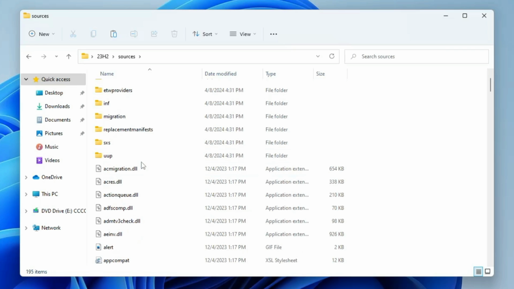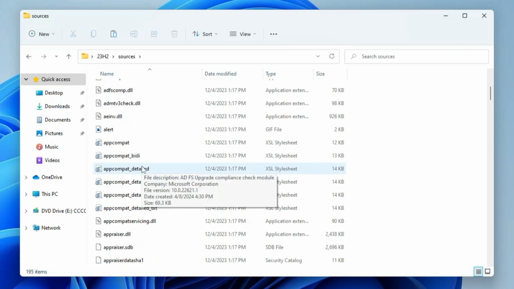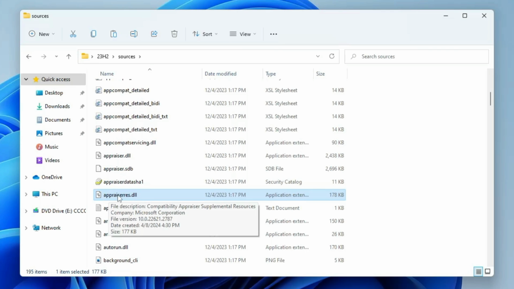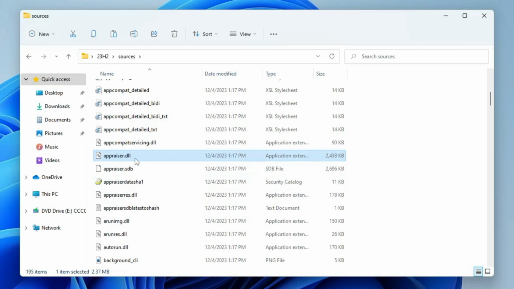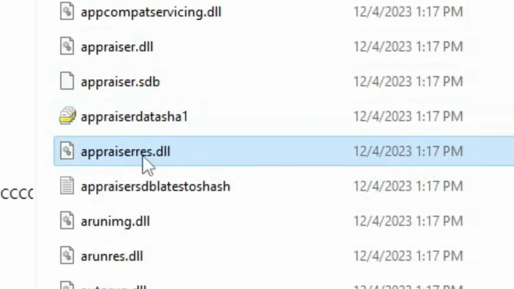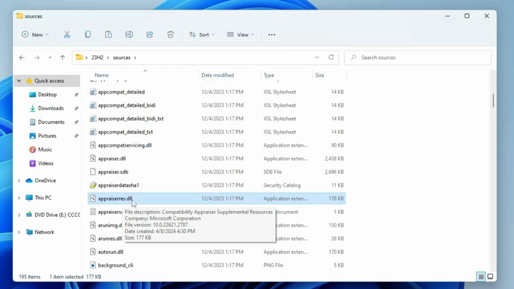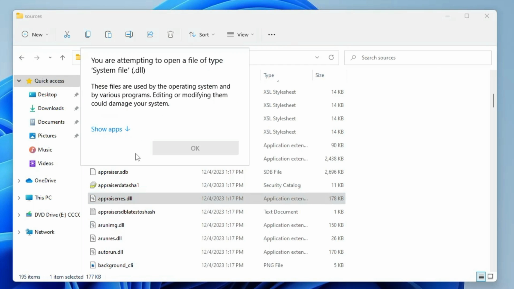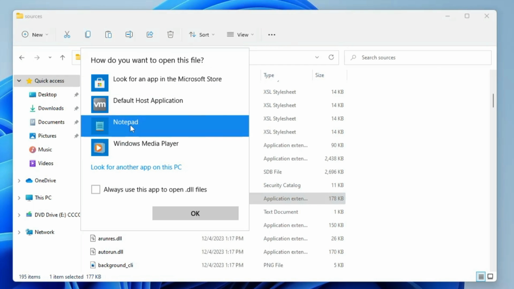In the sources folder, you have to look for a DLL file by the name appraisers.dll. So keep scrolling down and you will find a file here by the name appraisers.dll. Now make sure that it's not appraiser.dll. This is the one exactly you have to look for. Now once you get it, right click on it, click on open with, click on show apps, choose notepad,